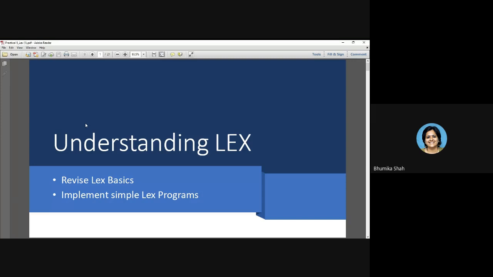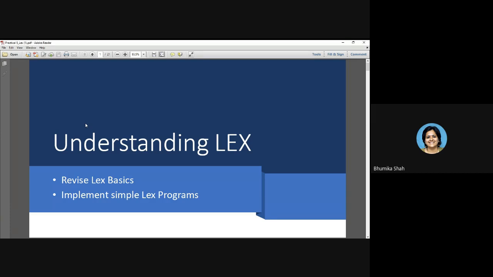Lex is a tool which is used for implementing the lexical analysis phase. I repeat, Lex is a tool used for implementing the lexical analysis phase. So what is the Lex tool going to do? You are going to write a very simple, basic, and short program using the Lex tool as per its syntax, and you will invoke the Lex tool.